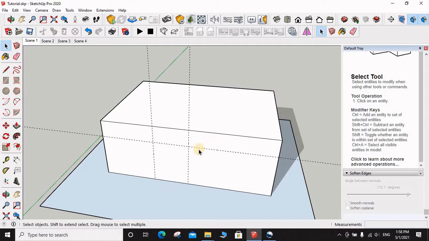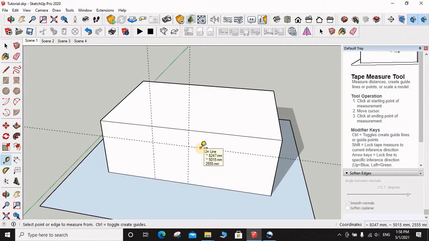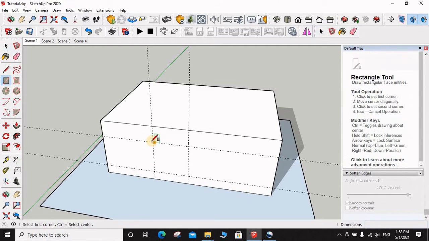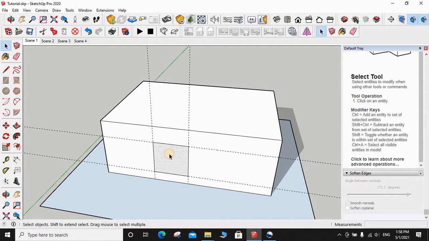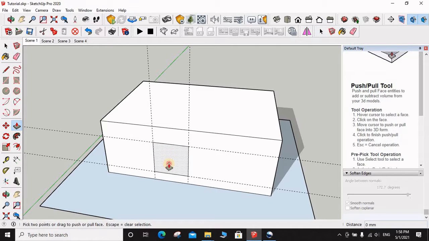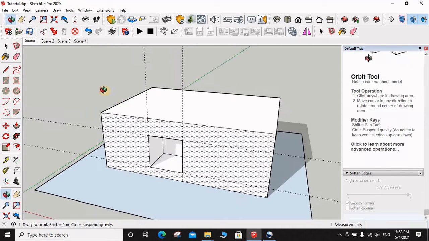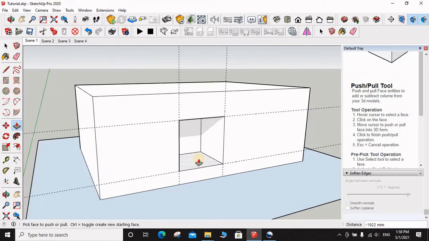Its keyboard shortcut, the Tape Measure keyboard shortcut, is T. Then you can make an imaginary line at 2000, and you can make a rectangle on it as well. You can push pull it inside, and this looks like a window.